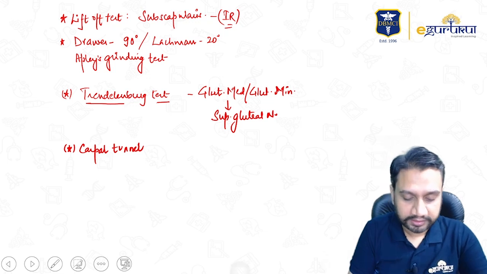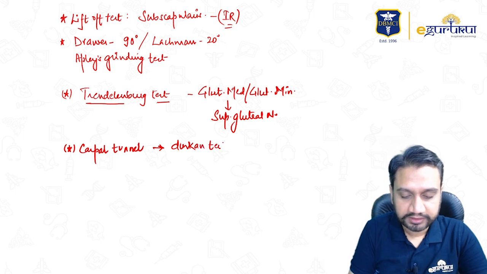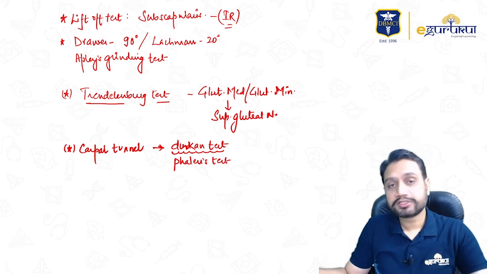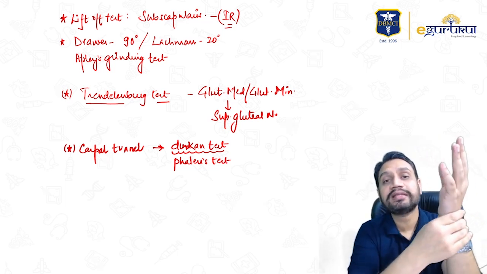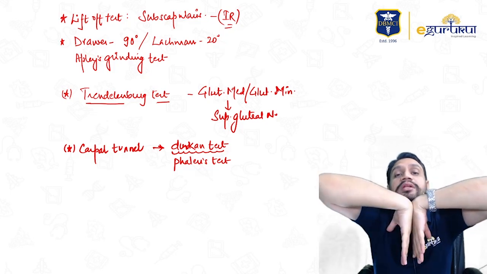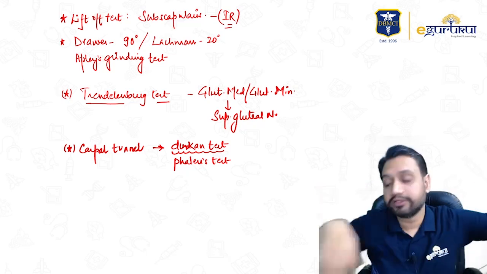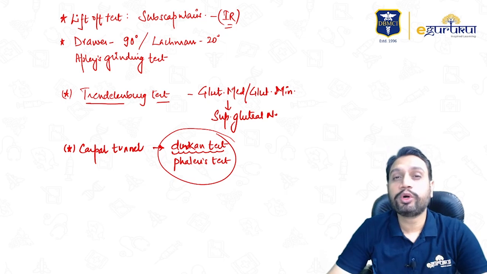One is the Durkan test, the most sensitive test for carpal tunnel. And then you have got Phalen's test. So how do we do these tests? The Durkan test is compression directly on the median nerve, right? And Phalen's test is like this, compression on the nerve. The nerve is coming here, and when you flex the wrist, it will cause compression of the nerve. So the Durkan test or Phalen's test. These are different tests which I want you to remember.